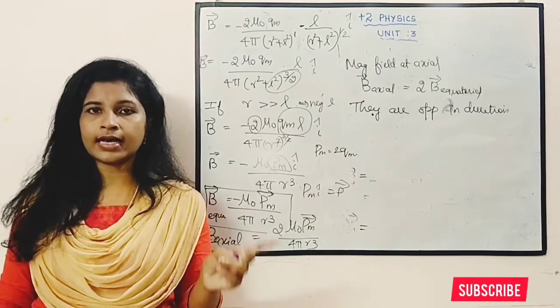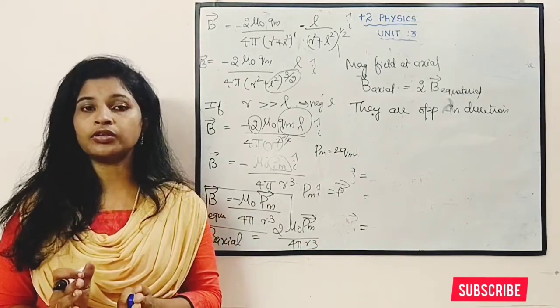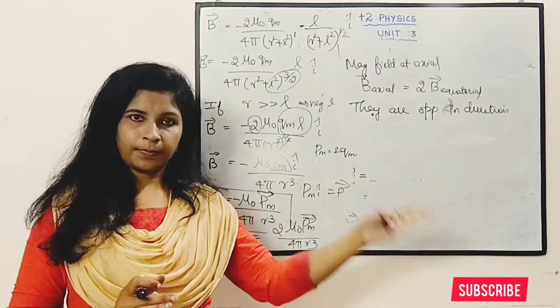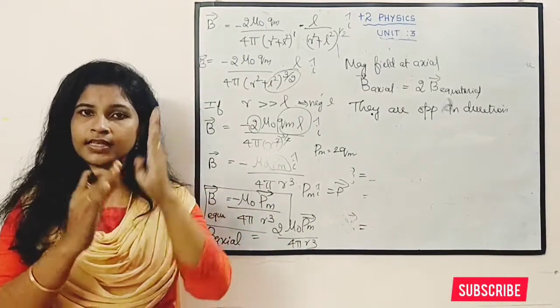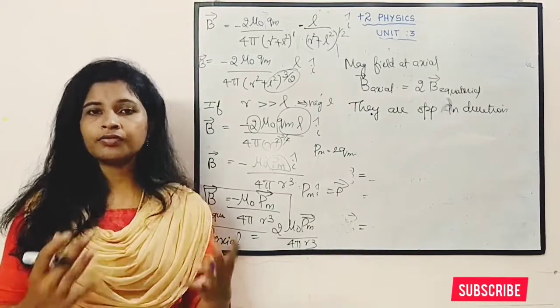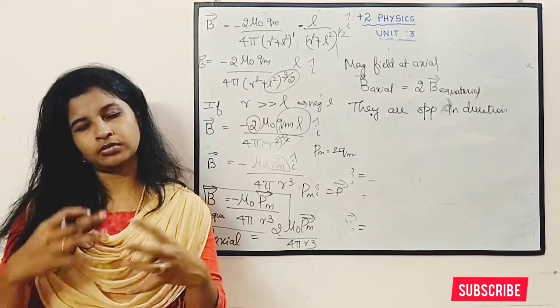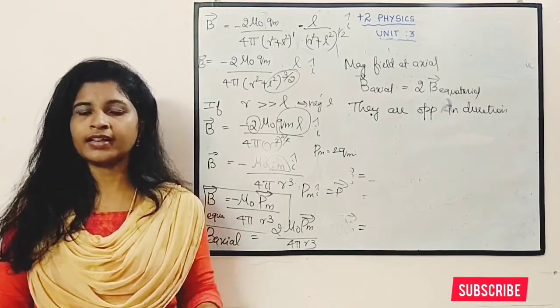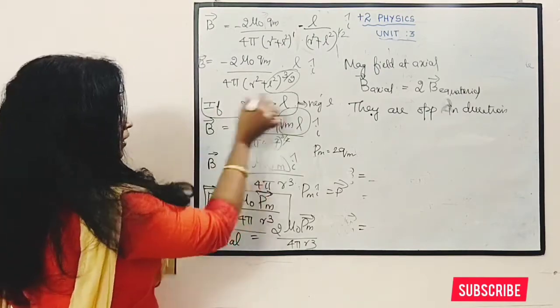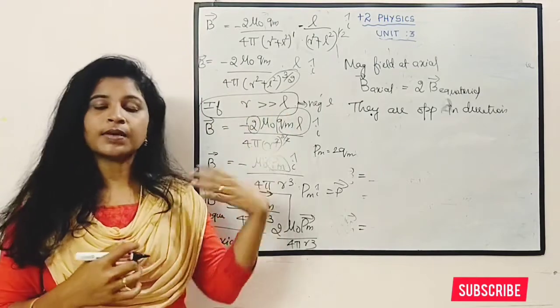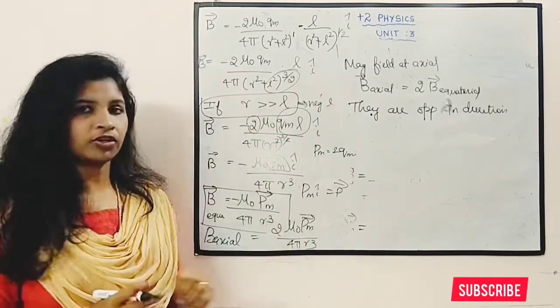Okay, two cases, axial and equatorial. The only thing you have to do is first find out the repulsive force, then the attractive force, then add both these forces, that is the net force at that point C. Then finally you have to do some simplifications. Okay, that is the magnetic field at that point. Finally, keep this point in mind: if r is much greater than L, neglect it and find out the answer.